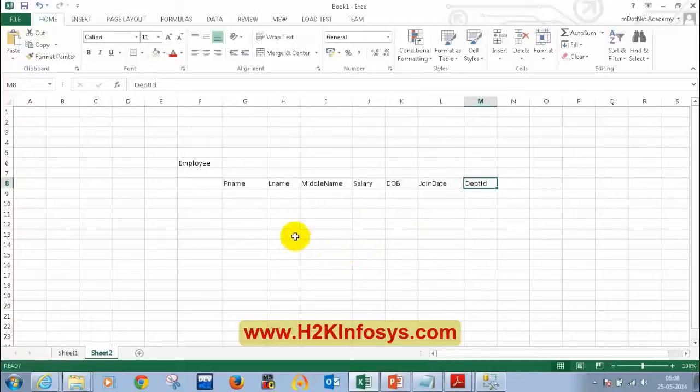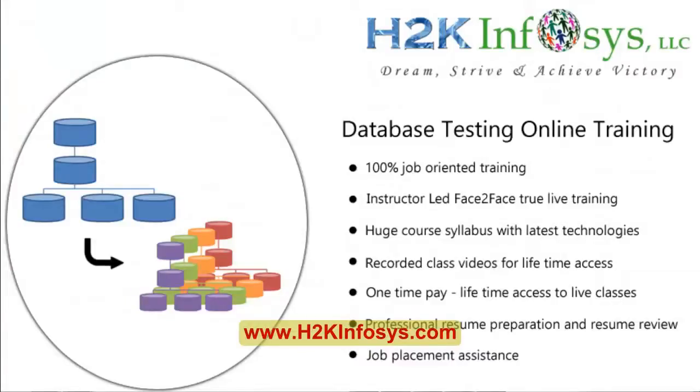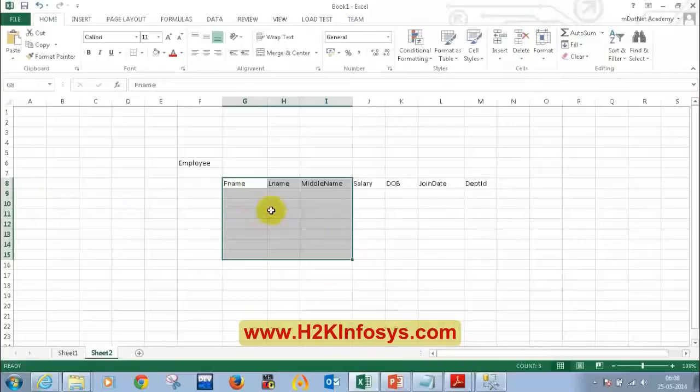So in this case, if you have a scenario where you have to put a join condition, I mean you have to tell a unique key, you can combine more than one column for a primary key. So do you think a combination of first name, last name and middle name can form a primary key? Can be unique for all the employees? How many of you agree with me that a combination of first name, last name and middle name will be unique for all the employees? Oh, nobody is agreeing, is it? Oh, there are chances like the combination also can be same.